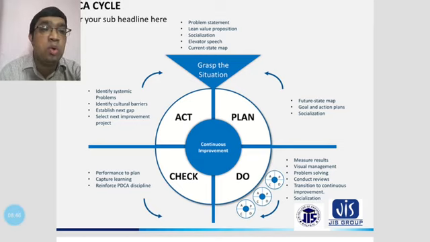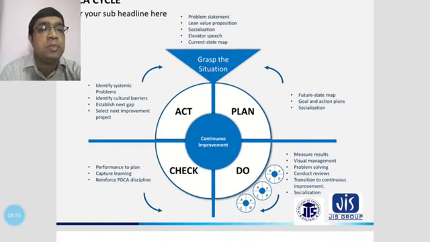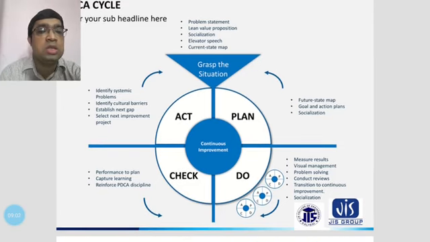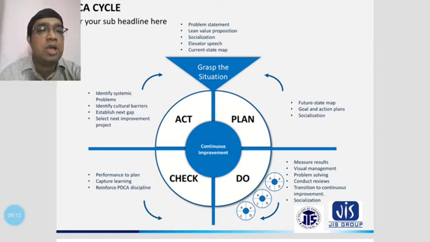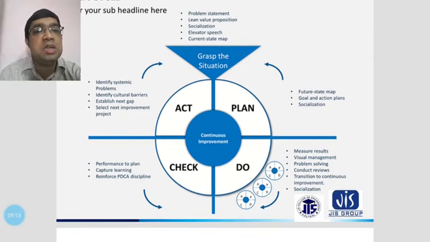Next is Do, where you consider the major results and always consider the measure of results: which problems come up, which benefits come, and what the social value is. You have to consider all of this according to the measure of results. If your result is not measured, then you cannot benefit over the long term and you cannot act properly.